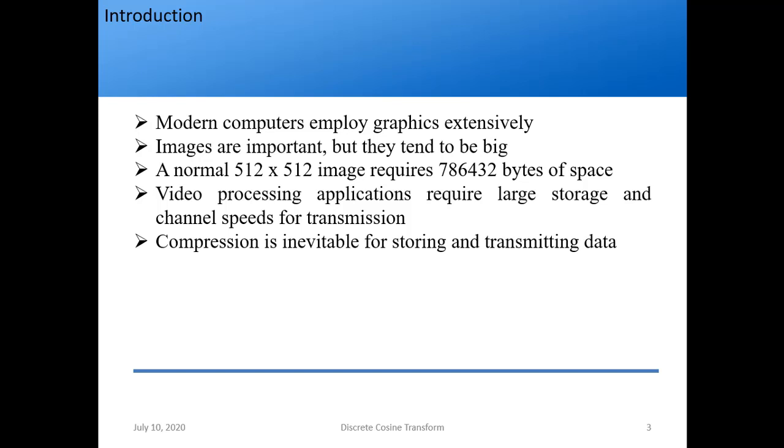So if it has to be transmitted, if it is in compressed form, it will be transmitted faster. That is why we require compression. Hence compression is inevitable for storing as well as transmitting data. For storing, it will save our hard disk space, right? Even if we have 1 terabyte of data nowadays, sometimes if we use a laptop for more than 1 year or so, we find that we are lacking space. That is where compression again comes into the picture.